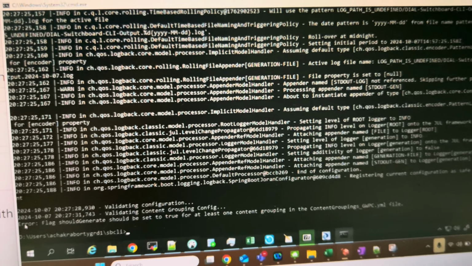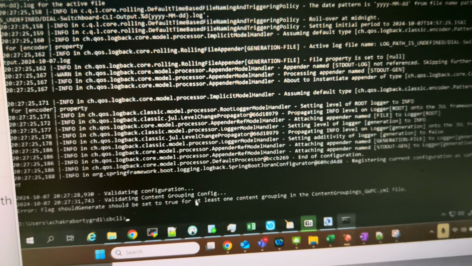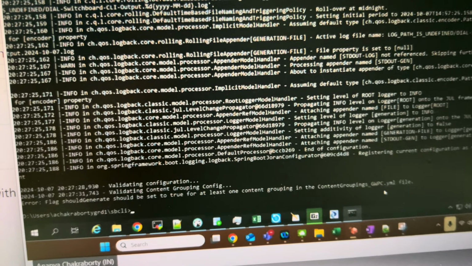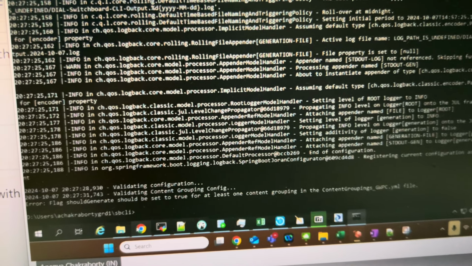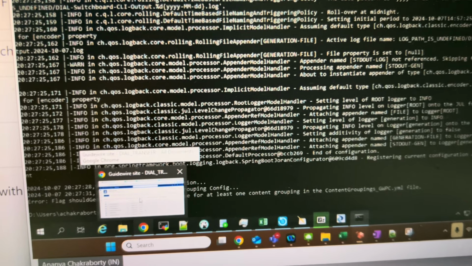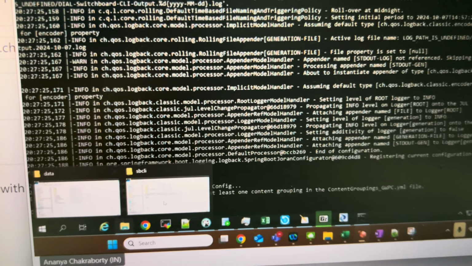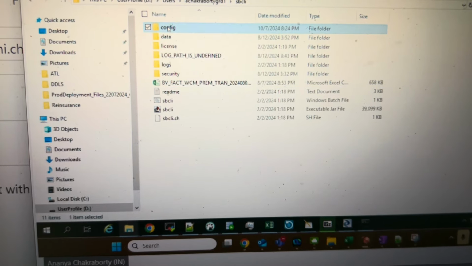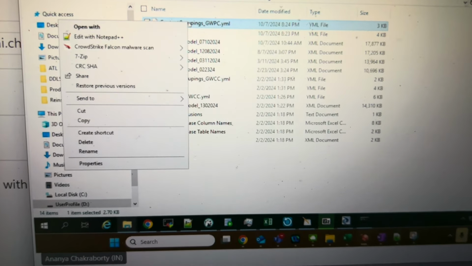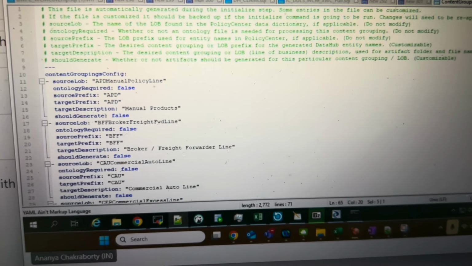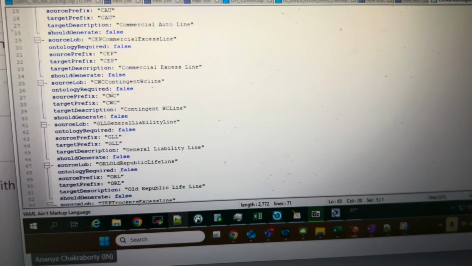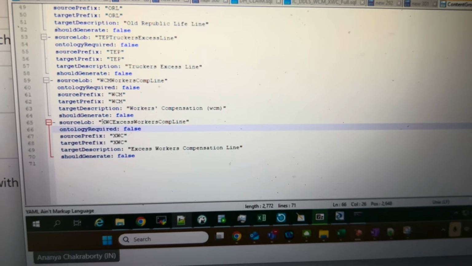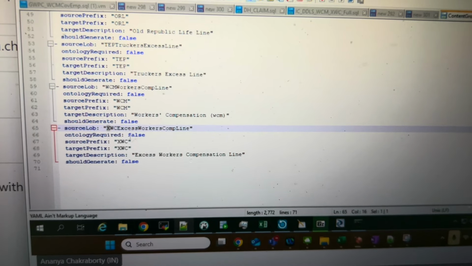Yeah, so it is showing an error. The flag should generate should be set to true for at least one content grouping in the content grouping YML file. Currently in that file, all are false. So SBCLI is expecting at least one to be true, otherwise it doesn't understand what it should generate. For example, I just want to enable the XWC.